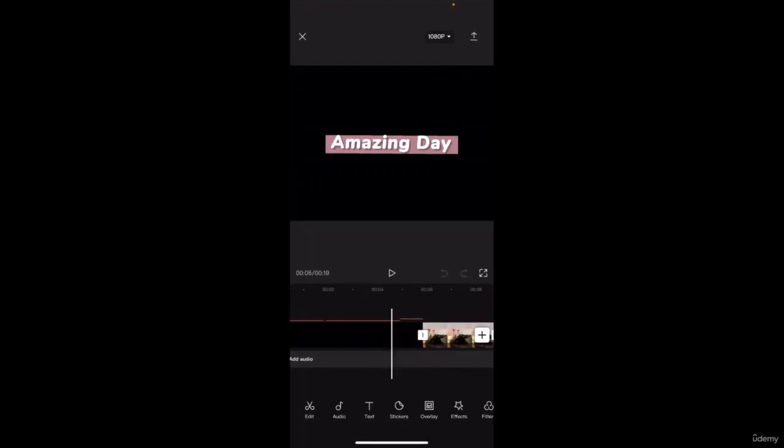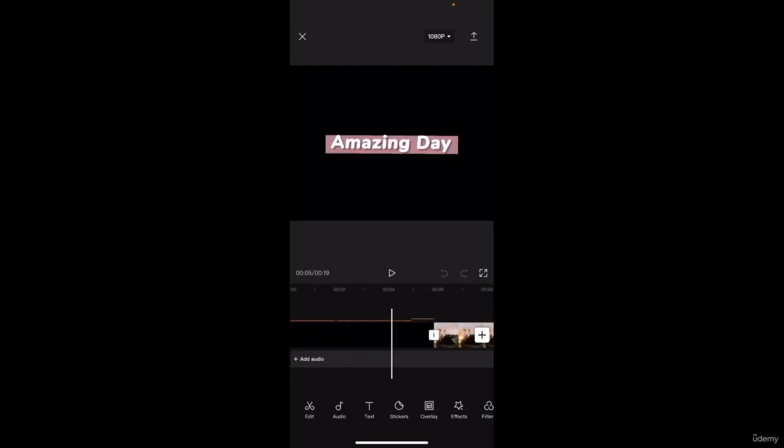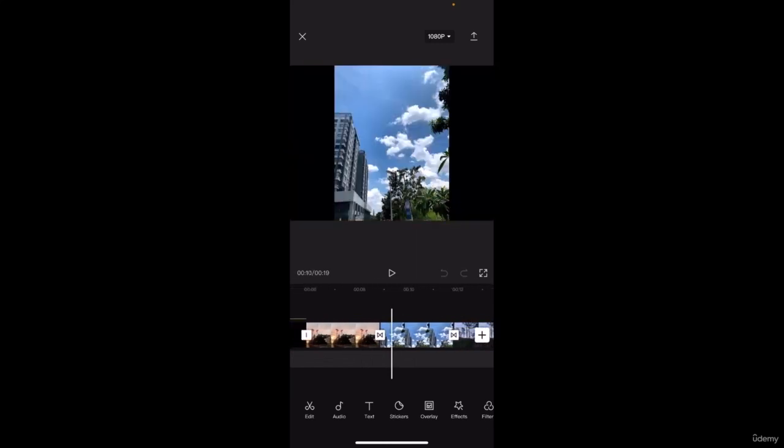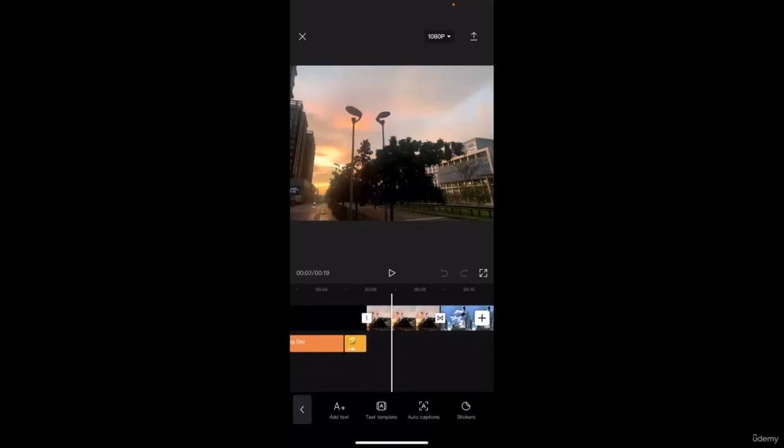In the previous video, we did see how we're able to add text into our project. So you can see we added this text into our project. To give a small recap, for us to add text to a project, the step is very easy. If you remember, you just have to click on text down here. So you just click on text, and then once you do that, you can either add